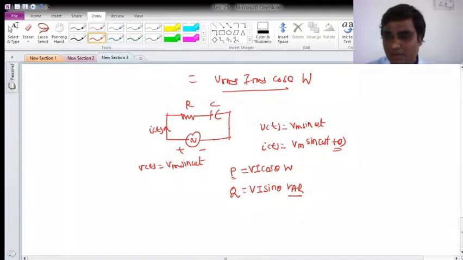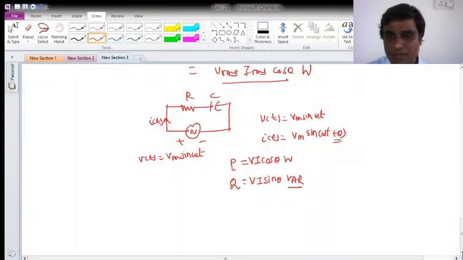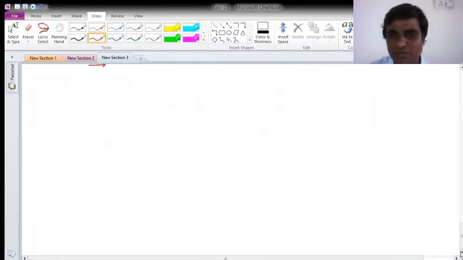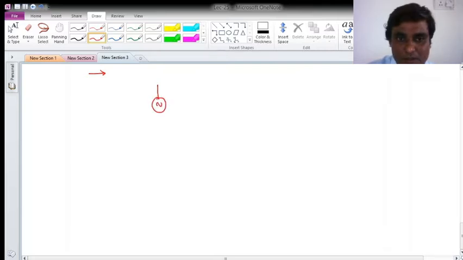Now let us see what is the importance of this cos theta. Now that we are comfortable with the terms active power, reactive power and average power, here what I observe is the power factor cos theta. So let us see the importance of power factor cos theta. In order to explain, let me draw the diagram like this. I applied the sinusoidal excitation. So suppose this is the supply voltage,